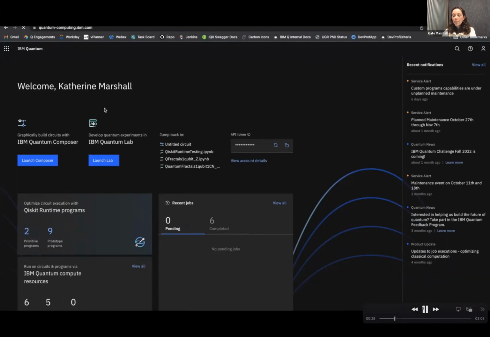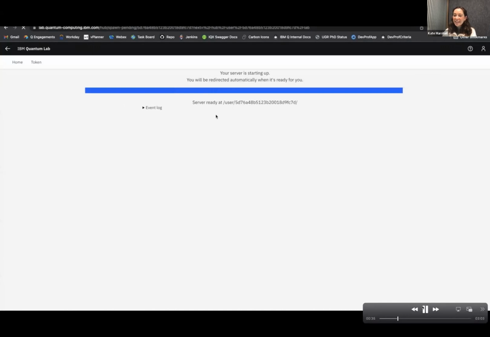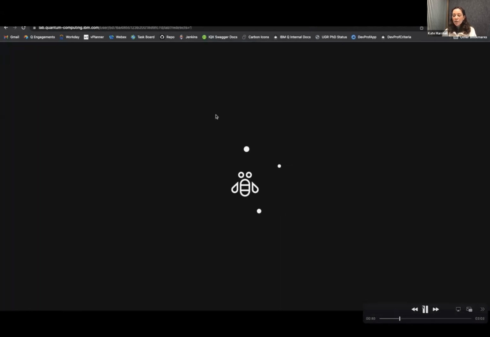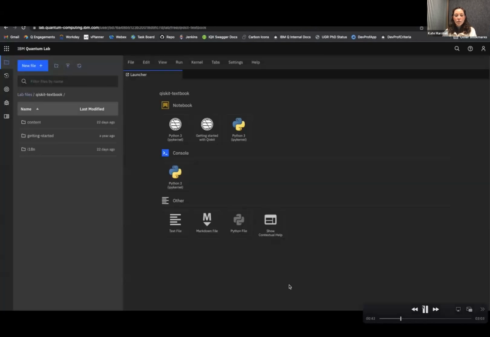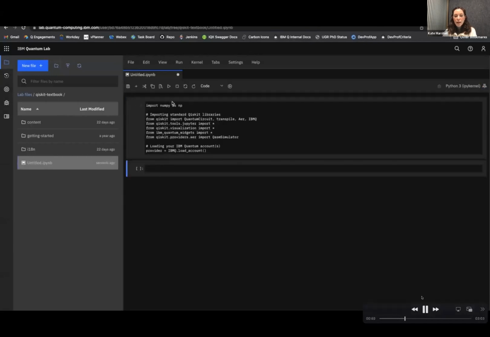So I'll open up my lab environment literally at the click of a button. And yeah, cue elevator music here, but it's generally quite fast. And then once you land, you'll see that there are a set of default imports when you click on one of these notebook options here, which basically helps you to get started as quickly as possible. So it's going to import all the packages that you need by default.